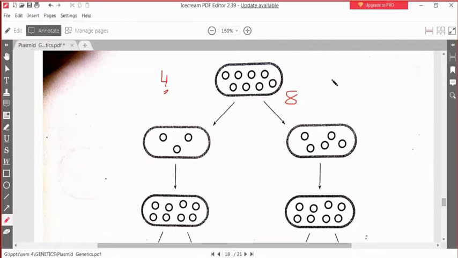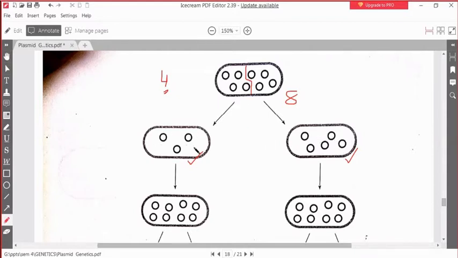But normally, what is the phenomenon that must happen? The separation must occur in such a way that both progeny cells that form are carrying 4 and 4 plasmids. But this is not happening here. According to this picture, one cell is carrying fewer plasmids and the other cell is carrying more plasmids. One cell is carrying 3 copies of the plasmid and the other cell is carrying 5 copies.